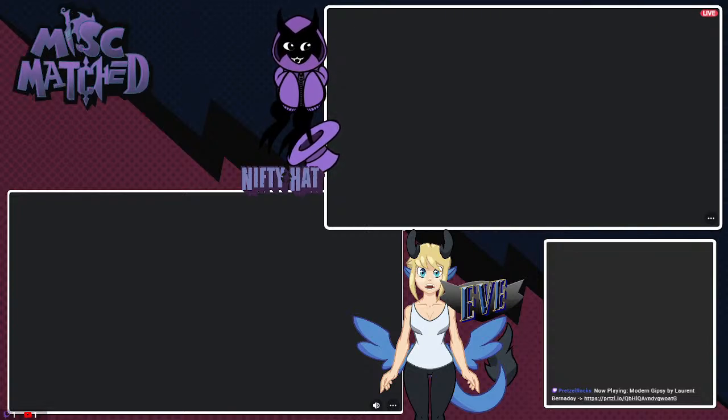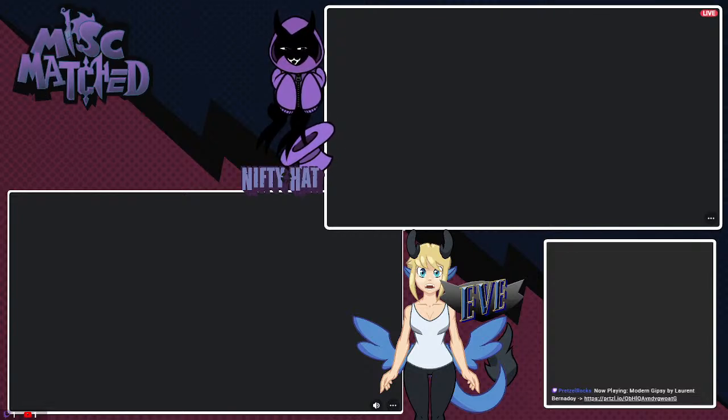Toy Story 2 also decimated. Wall-E did pretty good. Brave did surprisingly well. Cars 2. Ratatouille did really good. Ratatouille is just a really good movie. Even Incredibles, holy shit, Incredibles did well.